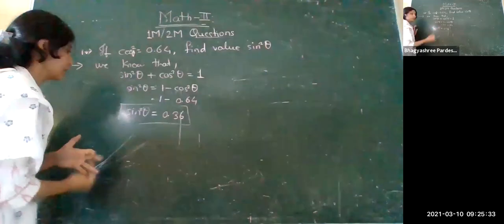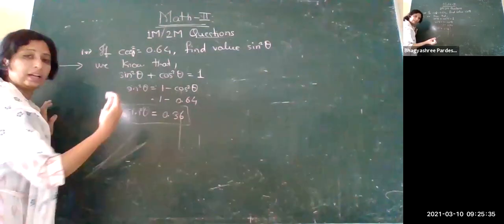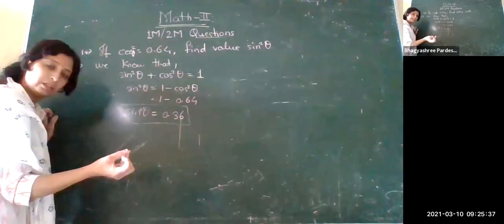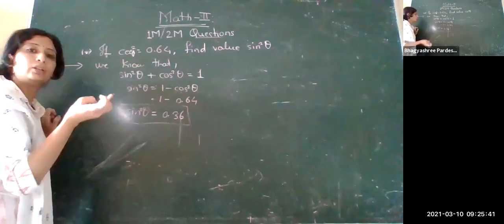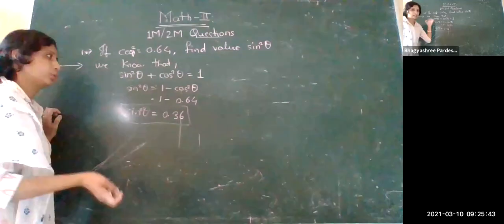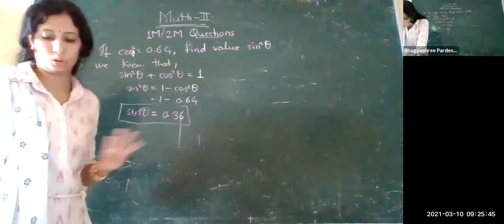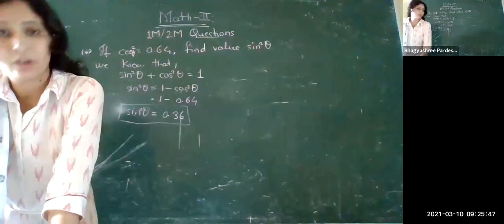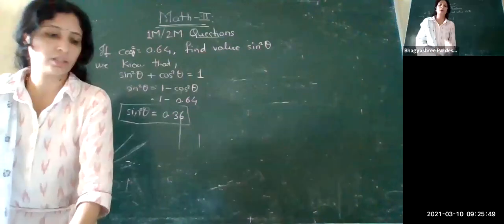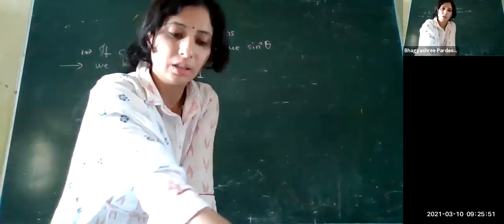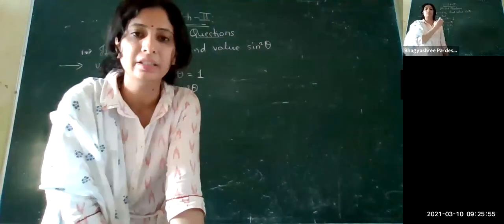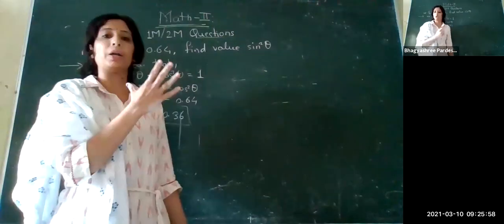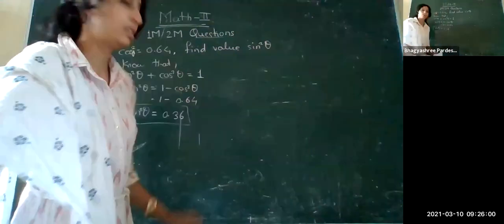Again, the next identities are for the relation between tan square theta and sec square theta. Next is between cosec square theta and cot square theta. The same identities are there. Again, I just want to ask you one thing: do you know how to remember the values of trigonometric ratios for the 5 angles? Should we do that completely since our question was there?